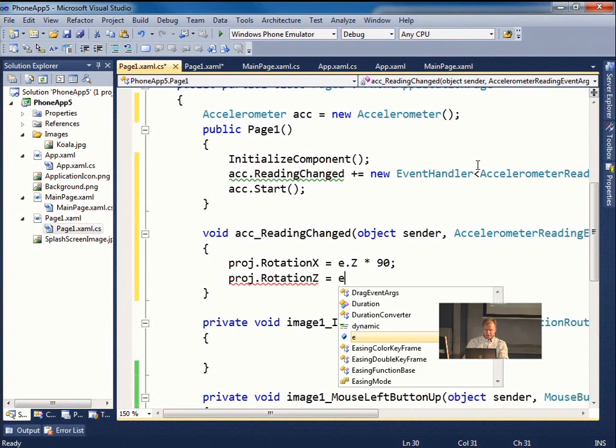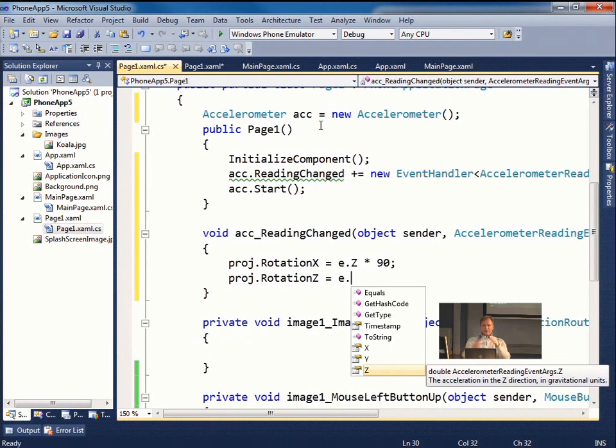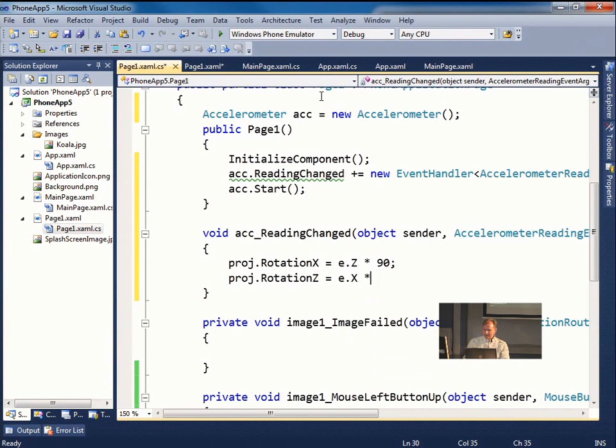And this will depend on my rotation. If this is my image and I rotate it in this way, this means that I have some force, an acceleration, coming from this axis, which is the z-axis of the accelerometer. Okay. So I define my x, and I will multiply it by minus 90, which is my mathematical formula